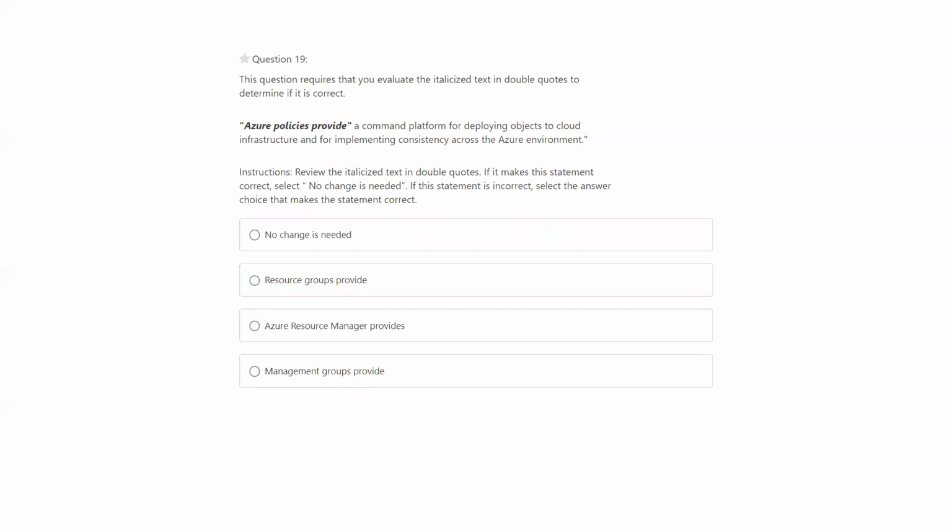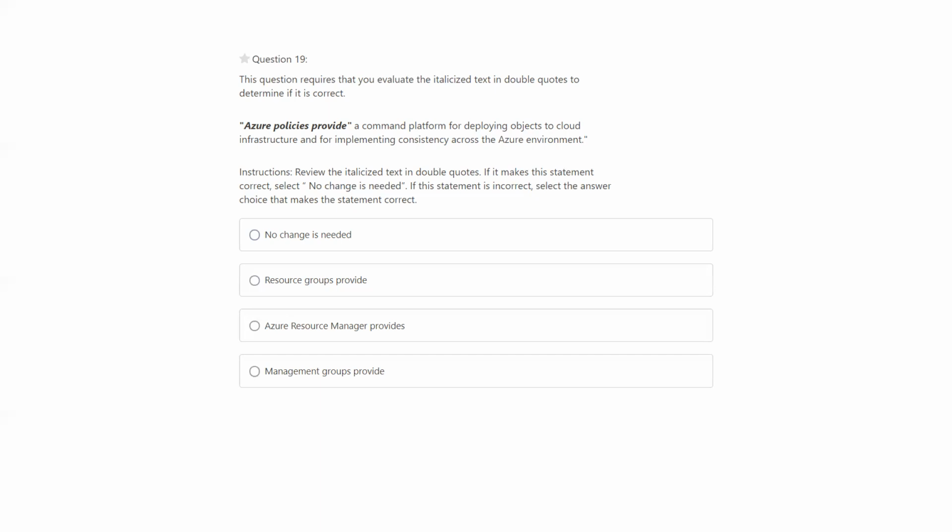So no change required is not the correct answer. Resource group is for logically managing the resources, so that is also not the right one. Azure Resource Manager provides a common platform for deploying the objects to the cloud.